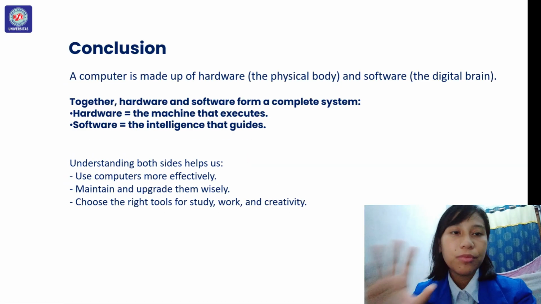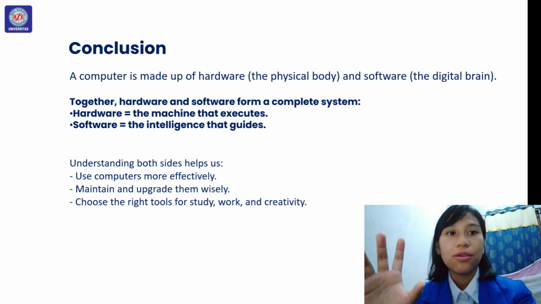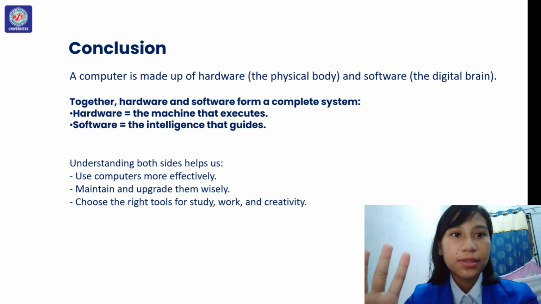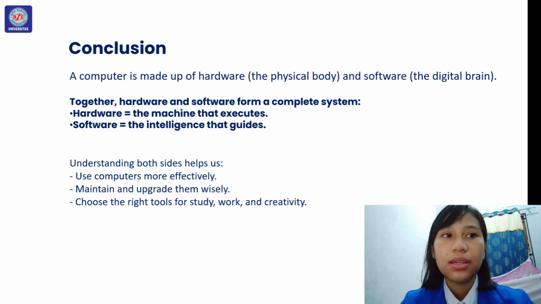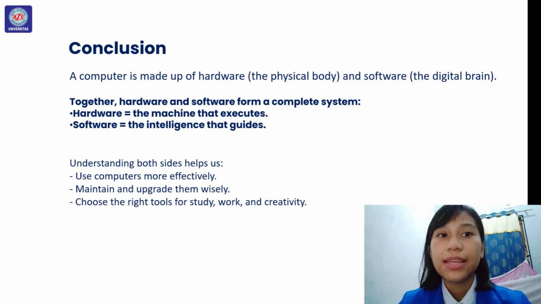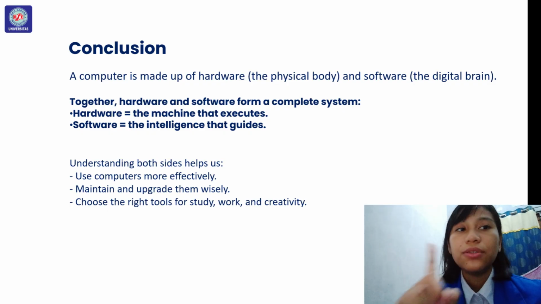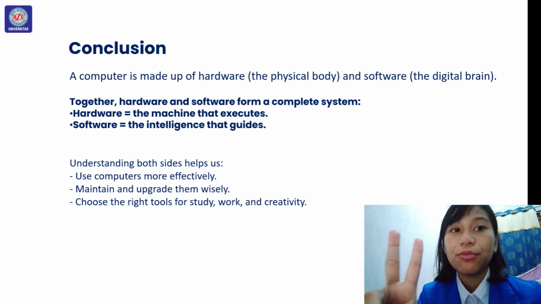So, a computer is made up of hardware as the physical body and software as the brain. Hardware and software form a complete system. Hardware is the machine that executes, and software is the intelligence that guides. Understanding both sides helps us use computers more efficiently, maintain and upgrade them wisely, and choose the right tool for